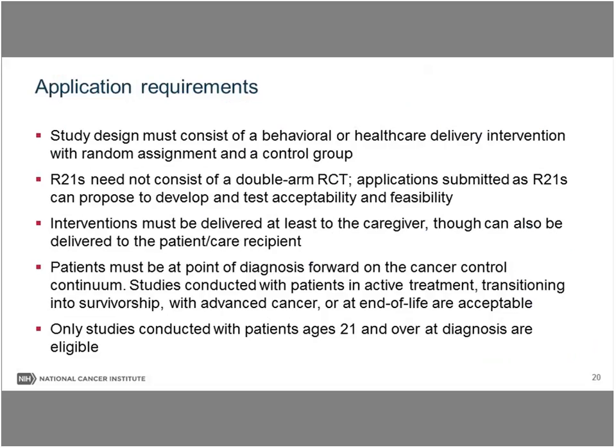Applications submitted to this Funding Opportunity Announcement must have study designs that consist of a behavioral or healthcare delivery intervention with random assignment in a control group. R21s, however, need not consist of a double-arm RCT. Applications submitted as R21s can propose to develop and test acceptability and feasibility of an intervention planned for further larger-scale